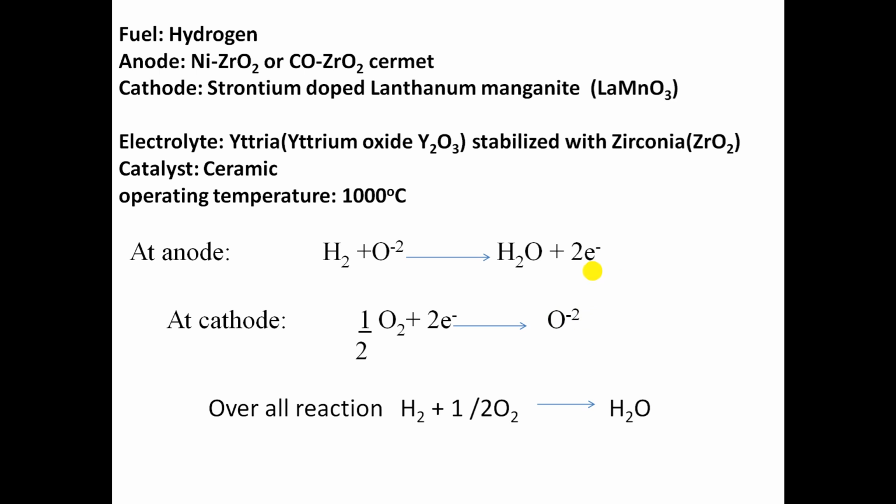This cycle will progress continuously until the hydrogen and oxygen supply is cut off. The amount of energy produced depends on the amount of hydrogen and oxygen available. That means this fuel cell will produce energy as long as there is a continuous supply of hydrogen and oxygen.